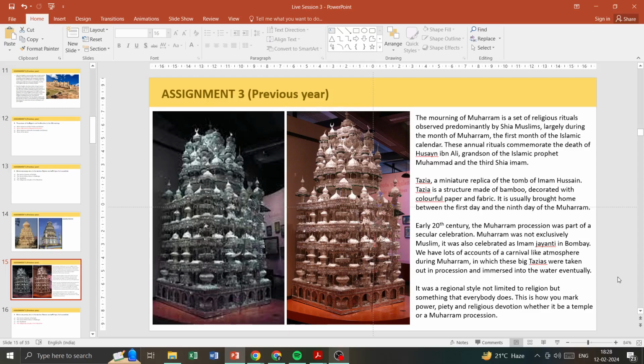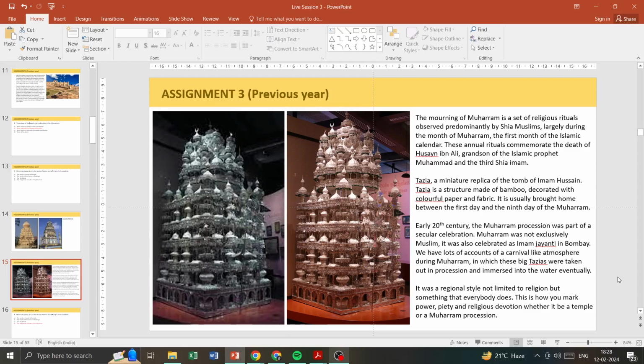The style in which these taziyas were built in the Deccan region was a regional style, and it was not limited to religion, but it was something that everybody was doing in that area. This style marked power, piety, and religious devotion, whether it was a temple or a Muharram procession. So these taziyas of the Muharram procession resemble the shikharas of Maratha temples because that was the style in that